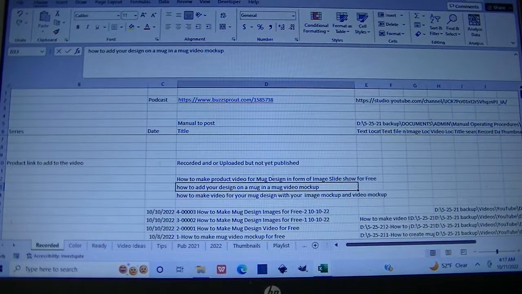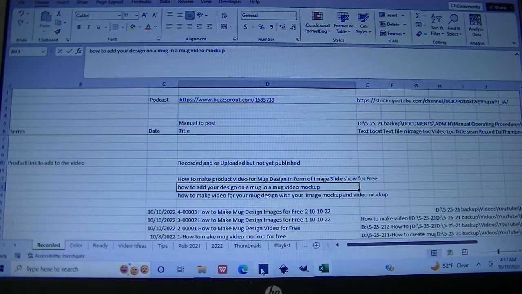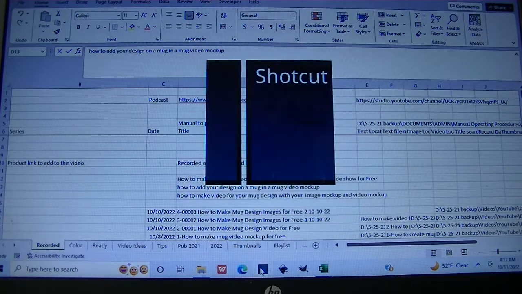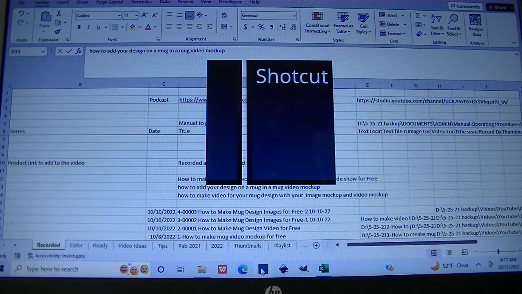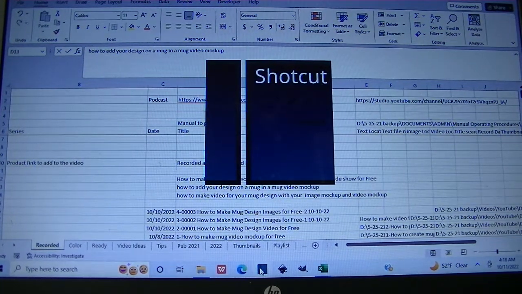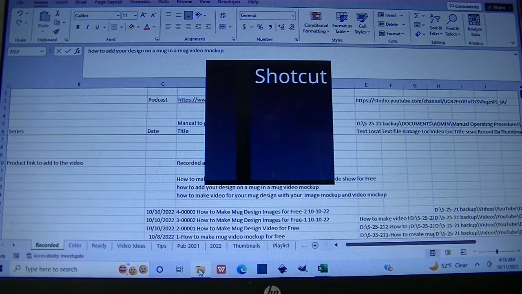Good morning. How to make your own mug video mockup. In this video, we are going to add our own design or our own mug image in a video mockup. So if you want to create your own video mockup and add your own mug design in it, that's what this video is about. We are going to use Shotcut, and Shotcut is a free